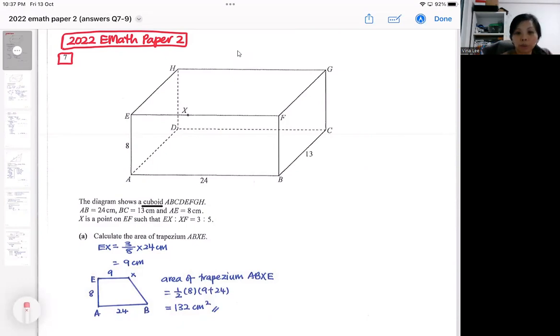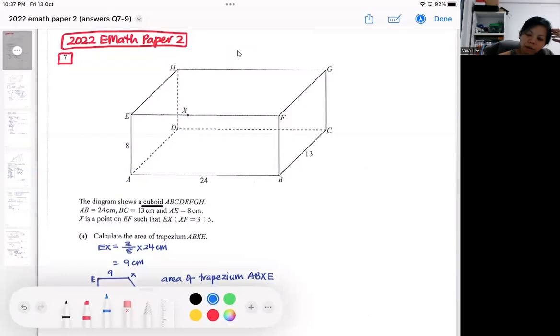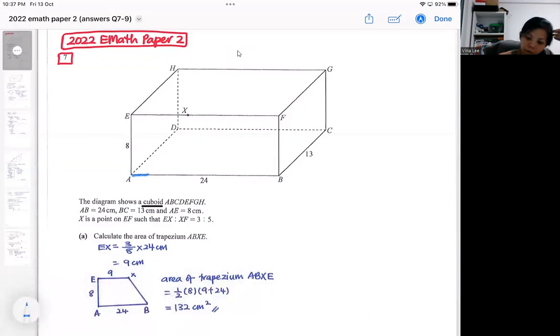So this is a three-dimensional figure. At the corner will be where all the 90 degree are. The first part, let's follow the instruction. The first part, we are supposed to calculate the trapezium. So where is the trapezium? Go according to the alphabet. A, B, X,